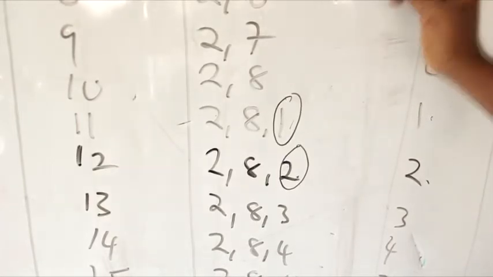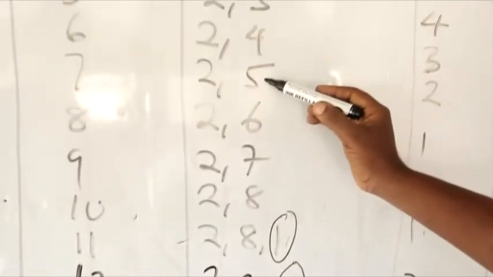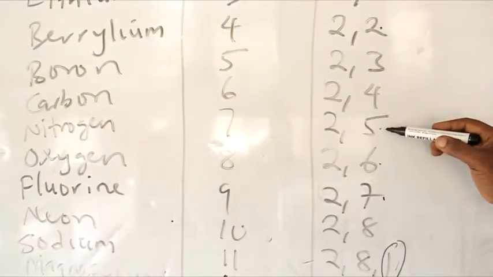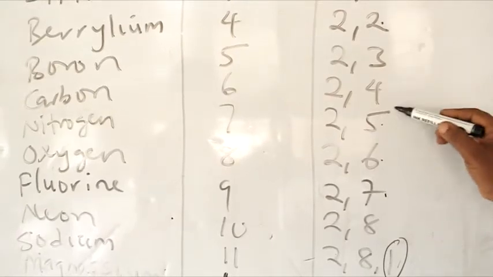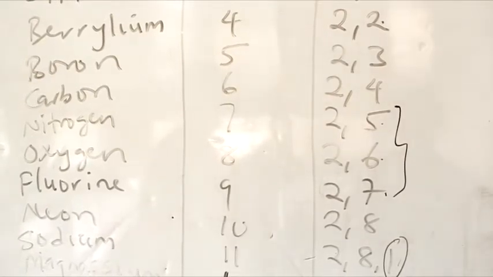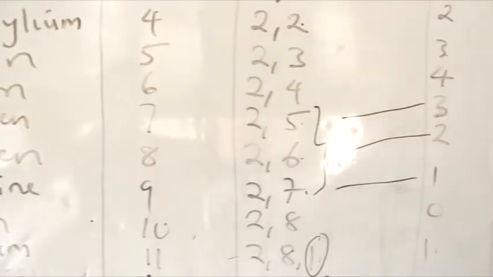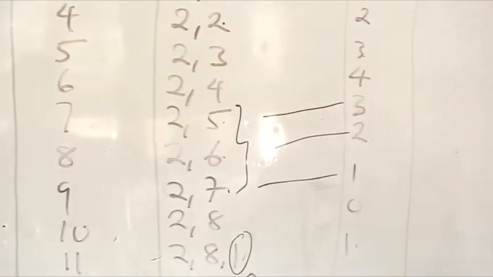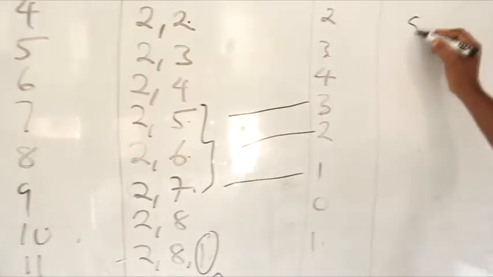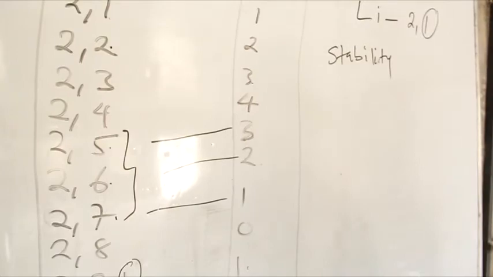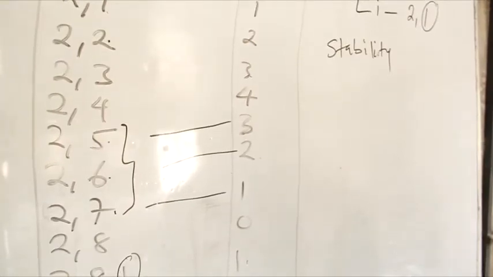But you will discover that elements like nitrogen, oxygen, and fluorine do not have their valency according to the outermost numbers. Their valencies differ from the outermost number. In this case, we take our mind back to the stability of elements during chemical combination. There we observe that